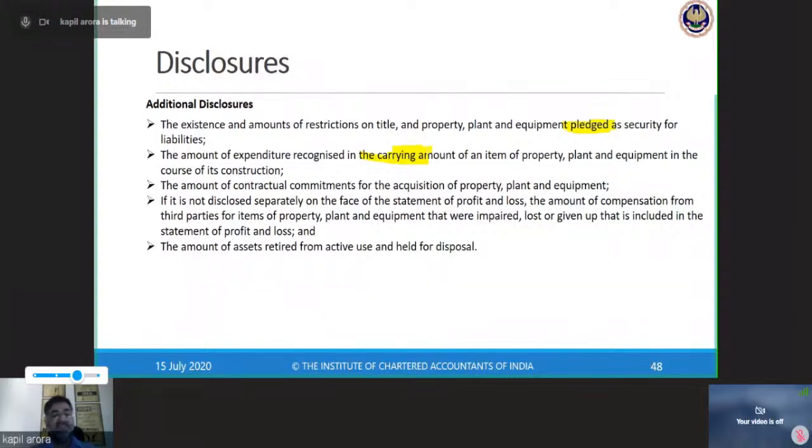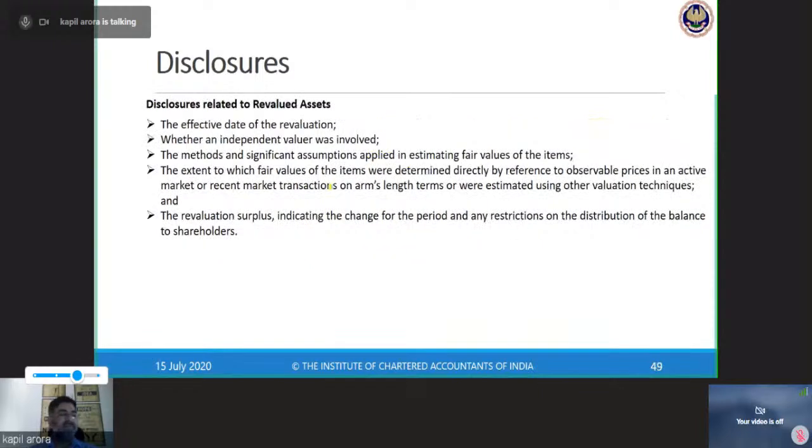If any CWIP is there, that we also need to disclose, that how much we have already incurred, because that is also going to be added in the value of property, plant and equipment block. So amount of contractual commitment, any asset which we have already ordered, is still to add or still to come, right? So all these things we have to disclose,